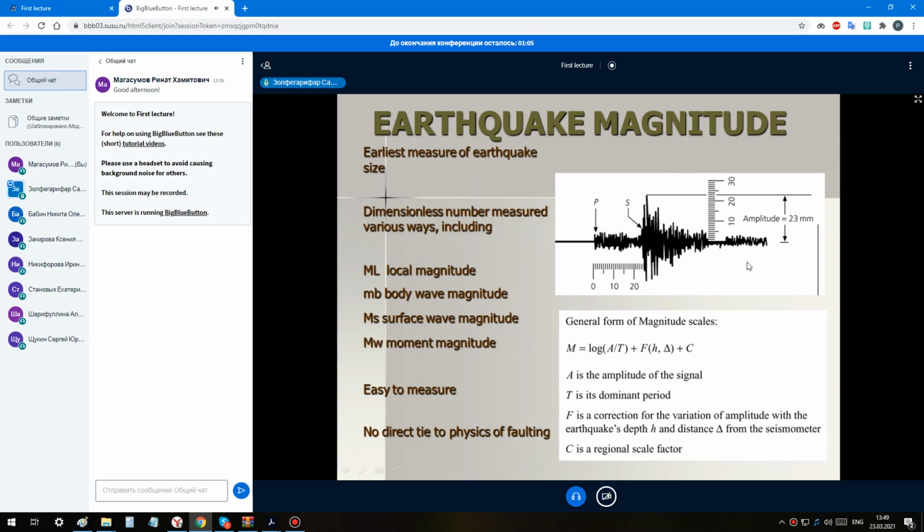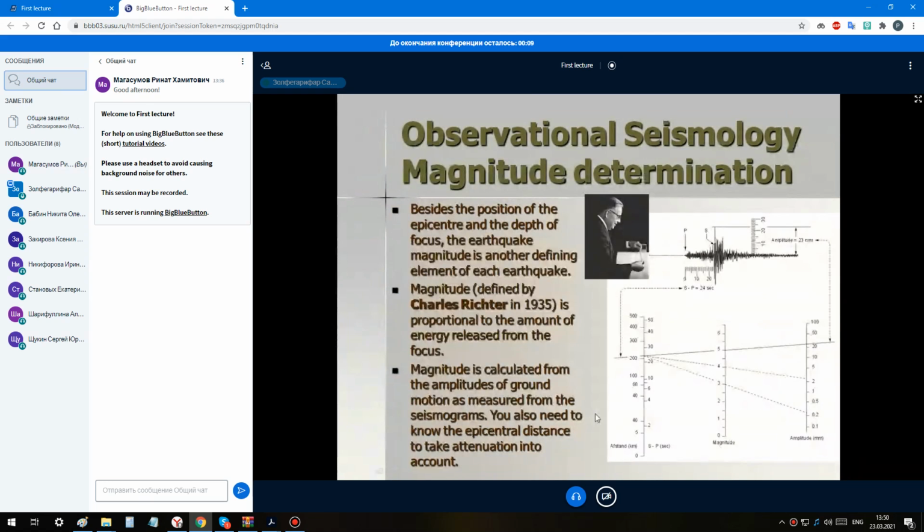You can see in the schematic curves, as the P and S recording waves show the amplitude of P and S waves per time, that the biggest amplitude in this curve is 23 millimeters. This has no direct tie to the physics of faults; we just use it as a curve recording of P and S waves. In another slide also